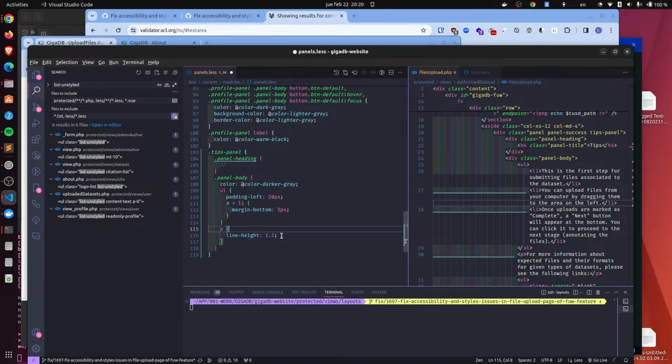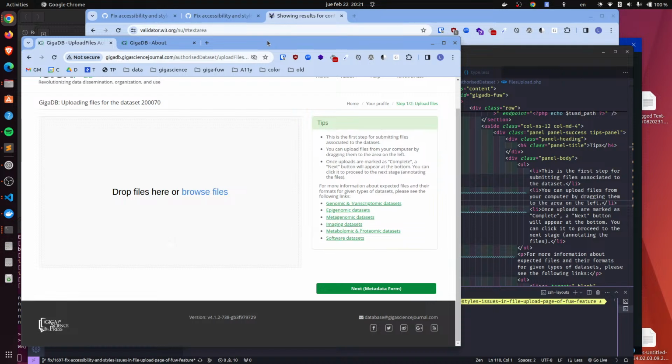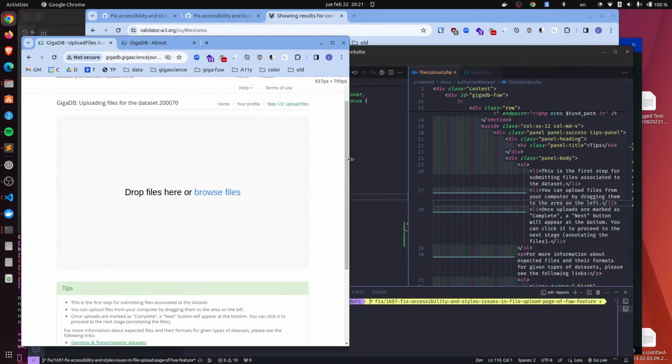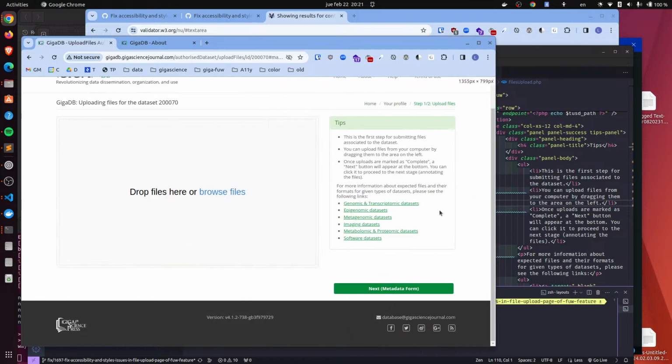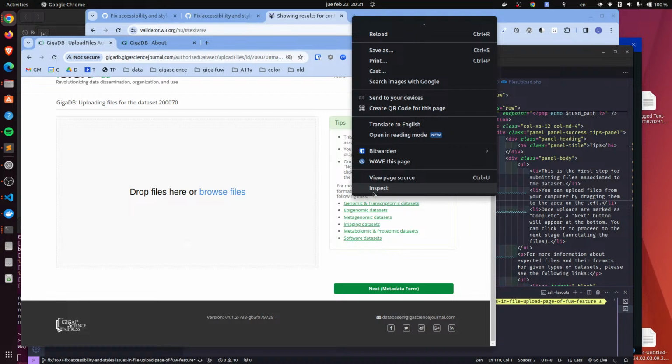Oops, no, don't mess it up. Why not here? I honestly like this spacing. It's less cramped, looks a bit more readable. It's okay. And then I want to increase, let's see what I want to do here. There is not enough space here. I think the padding needs a bit more